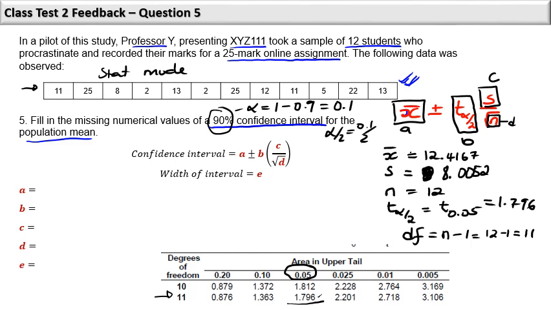So you see, because we've dissected our formula very nicely, we have our A, and S was C, N was a D, and then this T alpha was our B. So we can quickly come and fill them in here. So our A to 4 decimal places is 12.4167, and then our B is